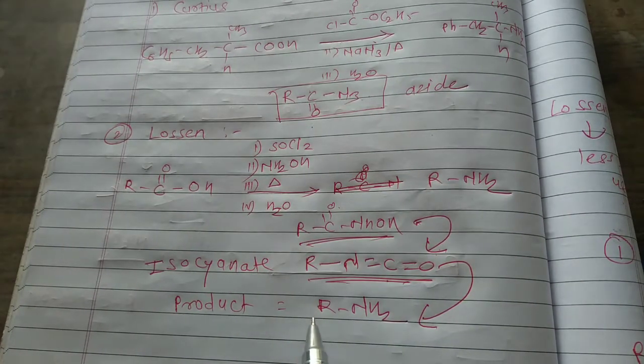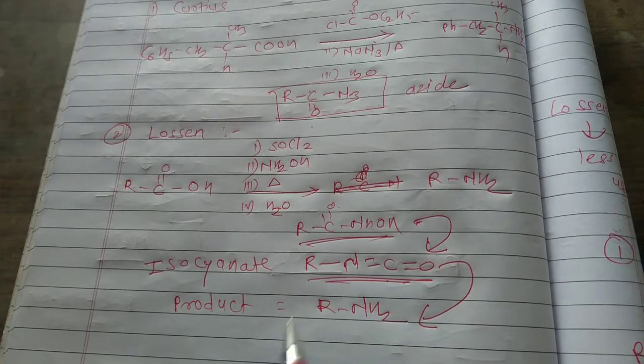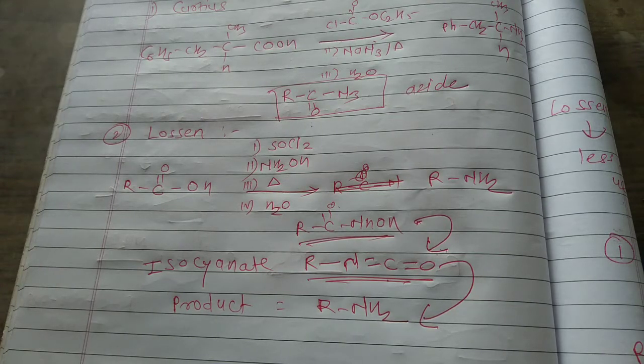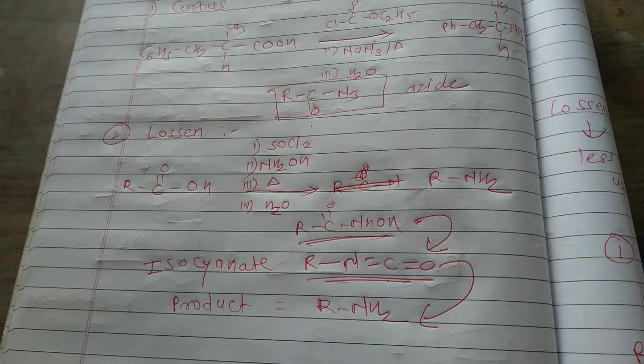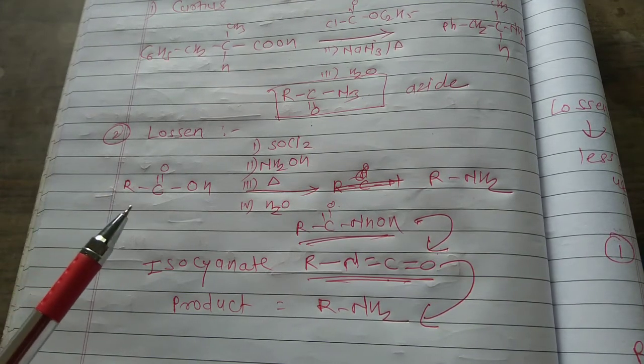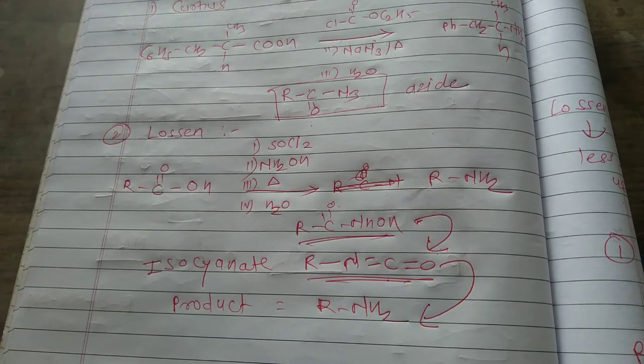Okay, this is very important, always asked in your examination. You must remember the difference between the Curtius and the Lossen rearrangement reactions. The mechanisms of both reactions are the same. After the formation of the isocyanate, the further mechanisms are the same. Okay, then remember the difference between the Curtius and Lossen rearrangement reactions. Thank you very much for watching this lecture.